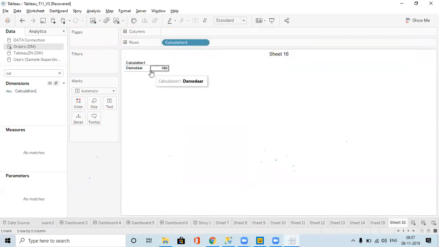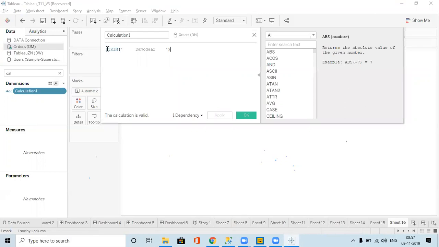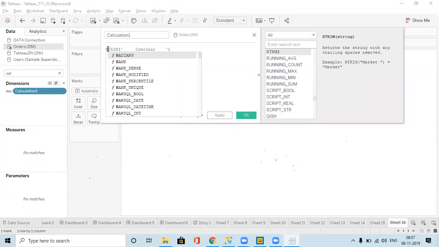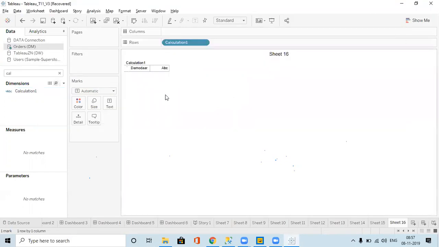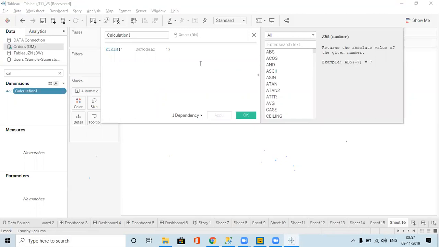It is removed from the left side, not the right side; on the right side the spaces are still there. But if you use RTrim, R means the right side, the spaces will be removed only on the right side and remain on the left side. So that is LTrim and RTrim.